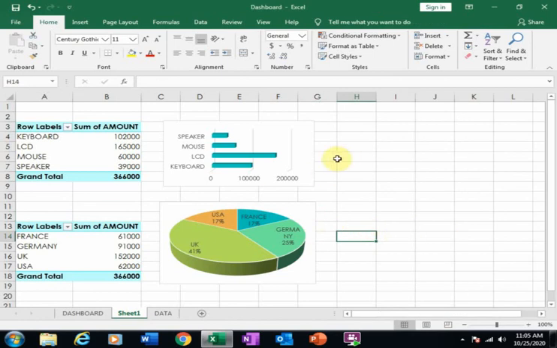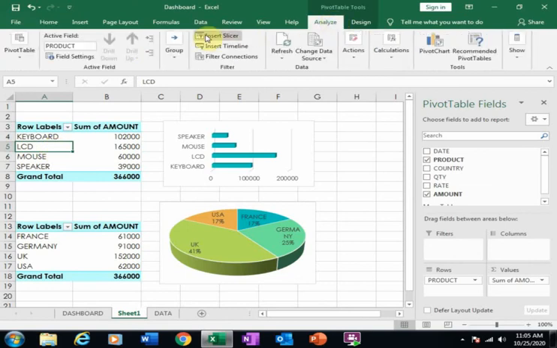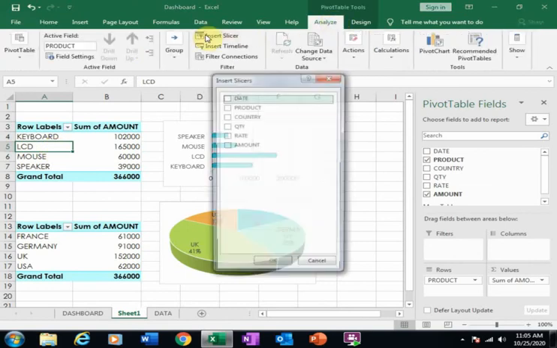This is done. Now just click this pivot chart and go to Analyze and click insert slicer.